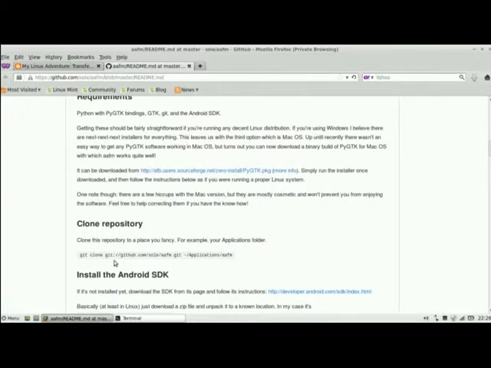It says git clone git colon 2 backslashes github.com/soul/aafm.git. So this is the name of her set of programs in this directory, and we are going to